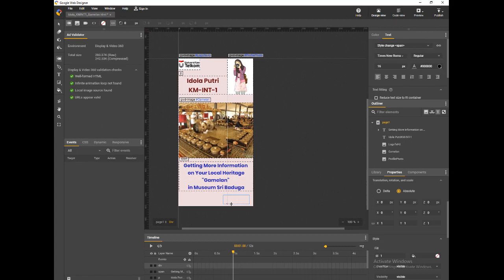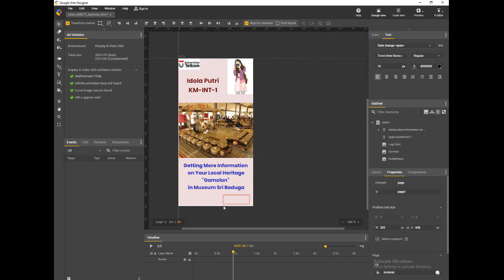You want to put the text inside the box, but not in the layer of the timeline of your advertising page, because this box will link to the next page.